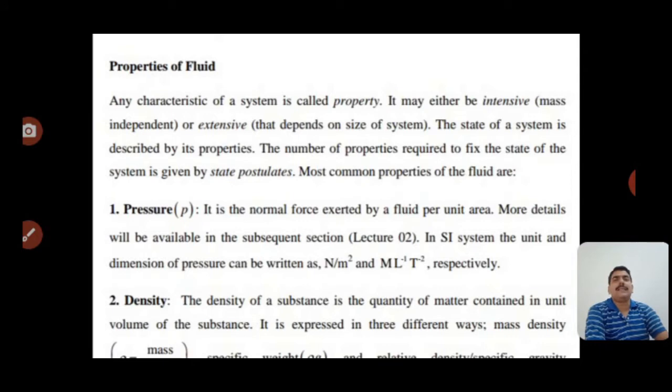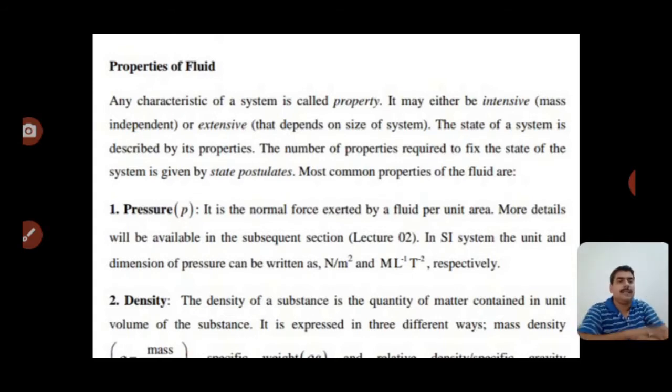In the SI unit system, the unit of pressure is Newton per meter square. The definition of pressure is force upon cross-sectional area. Force, that is F, has the unit Newton, and the cross-sectional area is in square meters. The cross section can be circular, rectangular, square, anything. But the basic definition of pressure is force upon area, that is Newton per